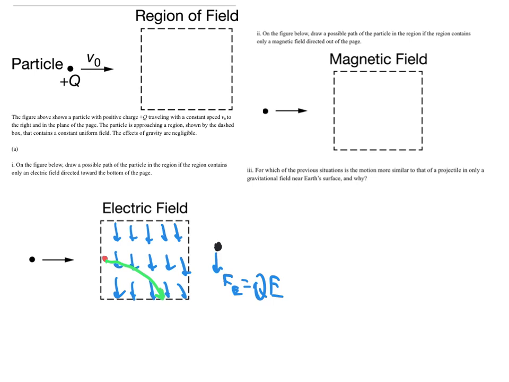Subpart 2. On the figure below, draw a possible path of the particle in the region if the region contains only a magnetic field directed out of the page. So now our magnetic field is this. And when we reach the edge of the box with some velocity like this, well, we can do the right-hand rule, and we can say